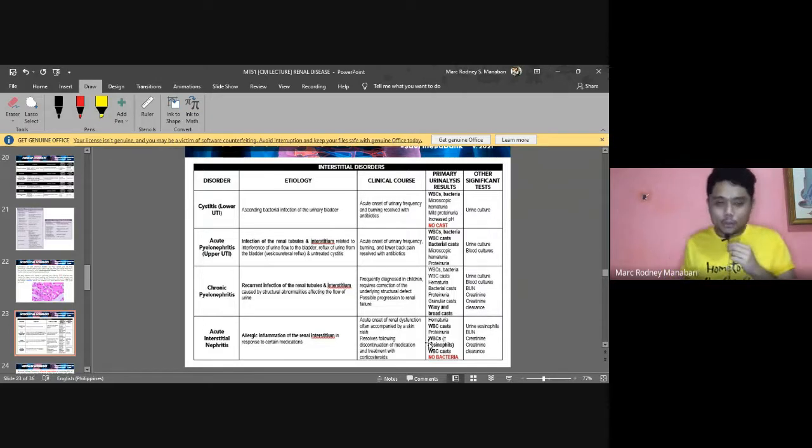For microscopic or UA results, of course, there are a lot of WBCs, bacteriuria, and there could be hematuria and mild proteinuria. But again, take note, as we mentioned in the microscopic exam, there is no cast. Because again, it's a lower UTI, so the bladder is affected and casts are not formed. Remember, casts are formed within the tubules of the kidneys. In a lower UTI, the kidney tubules and the kidneys themselves are not affected, so you will not see casts in the urine. Take note of that. Alright? And of course, another significant test is urine culture.